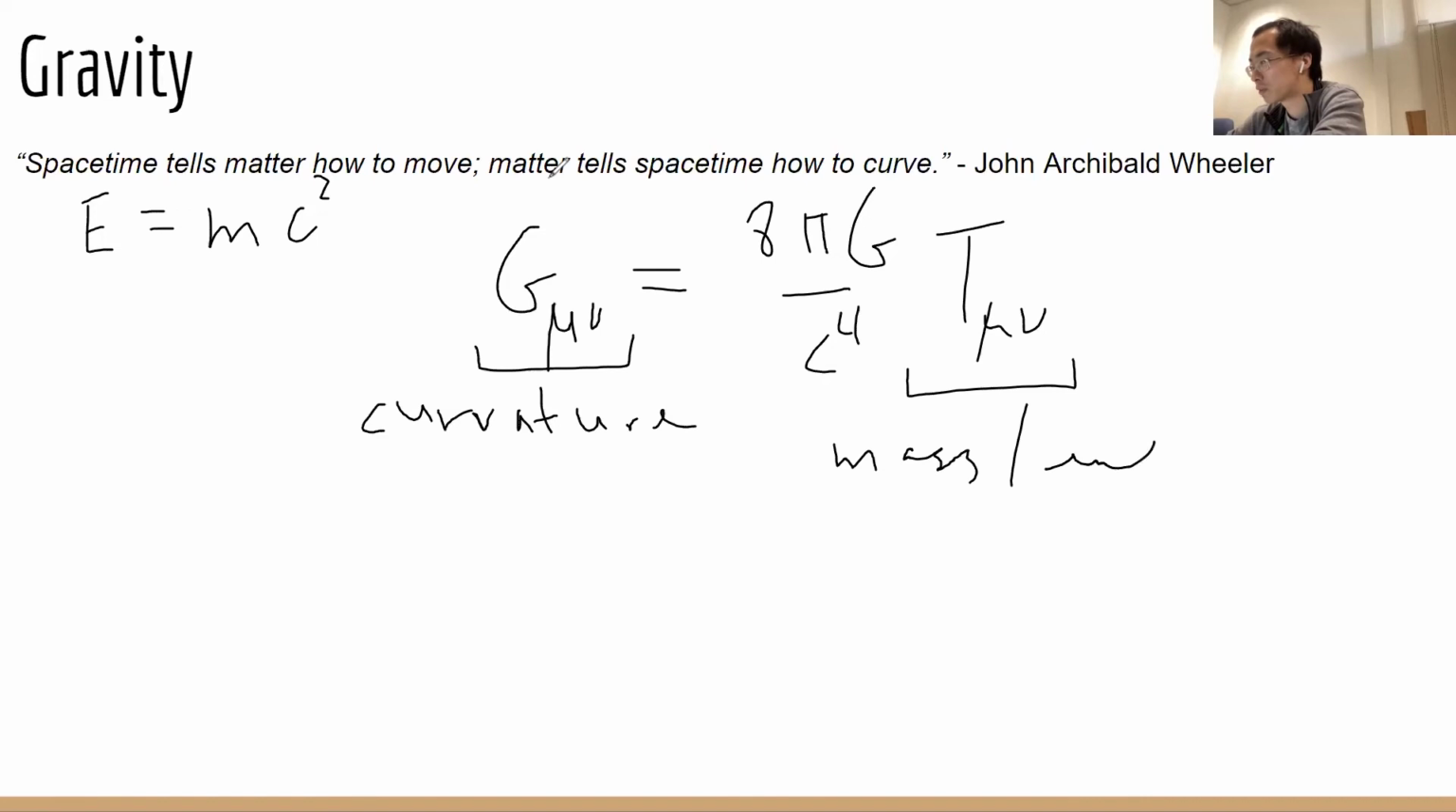So we sort of intuitively, whoops, this is not good handwriting. We sort of intuitively understand what this means, which is that if I increase the amount of mass or energy somewhere, I increase the amount of curvature, which is sort of what we wanted to say before. And one reason that we find